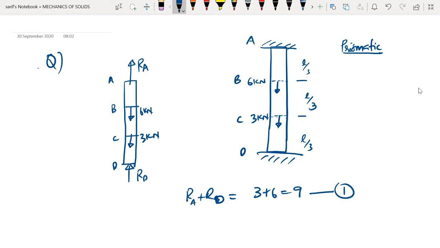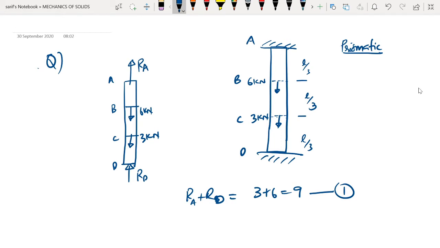So to solve it, we require an extra relationship connecting the forces. So how do we get such kind of a relationship? We have to develop a relationship between the displacements of the bar. Such kind of relationship we call a compatibility relationship. If we look here, each of these segments may either undergo tension or compression. This segment may either undergo elongation or shortening. This segment may either undergo elongation or shortening. Similarly the third segment may also undergo elongation or shortening.